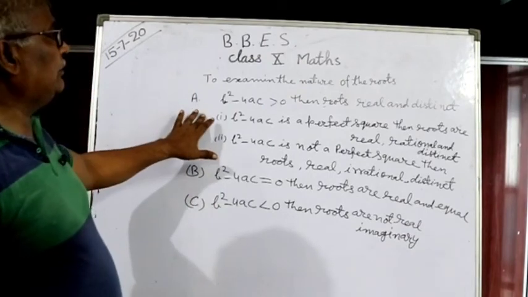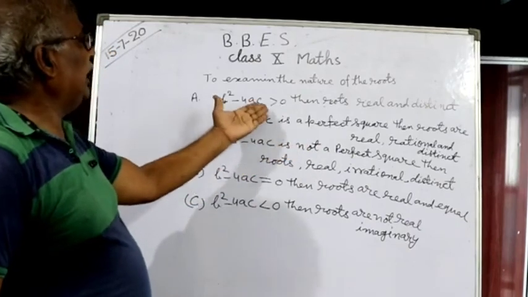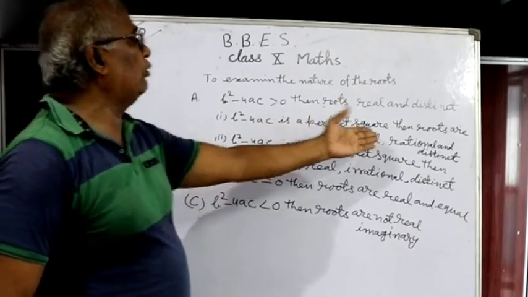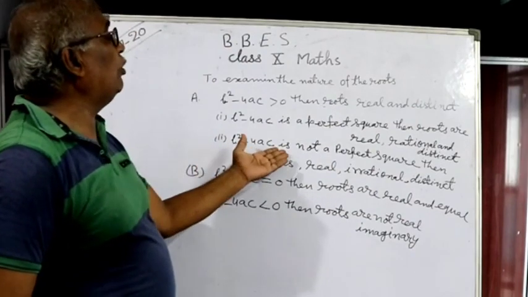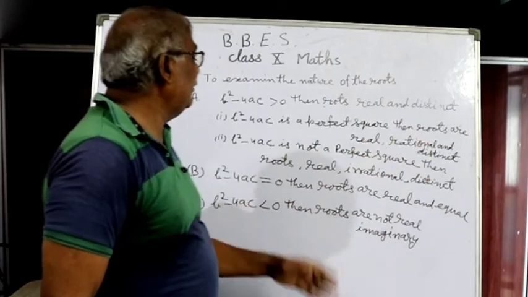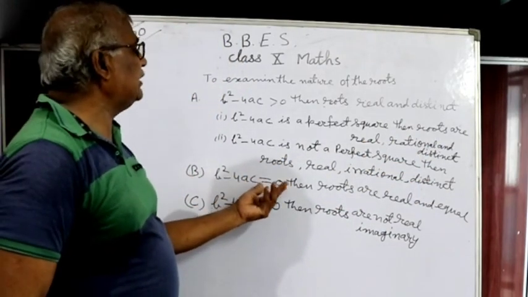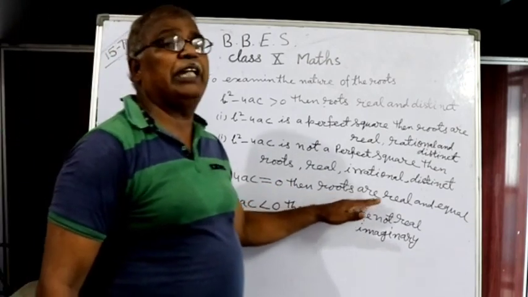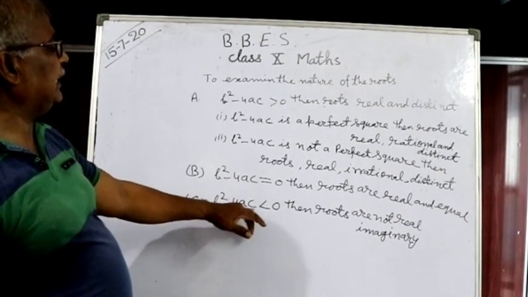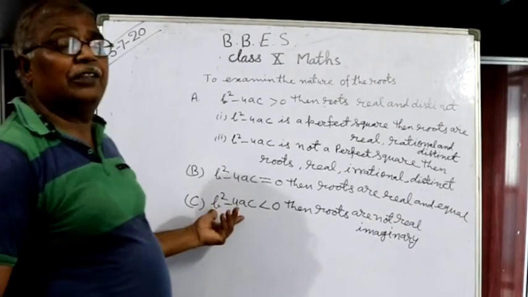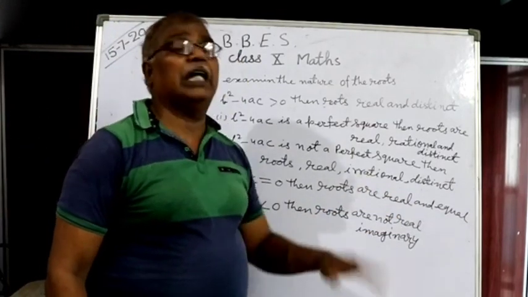It means that if b square minus 4ac is greater than 0, there are two cases. It may be a perfect square, then the roots are real, rational and distinct. Second case, b square minus 4ac is not a perfect square, then the roots are real, irrational and distinct. If b square minus 4ac is equal to 0, then the roots will be equal and real. If b square minus 4ac is less than 0, that is, if the discriminant is negative, then the roots are not real, it will be